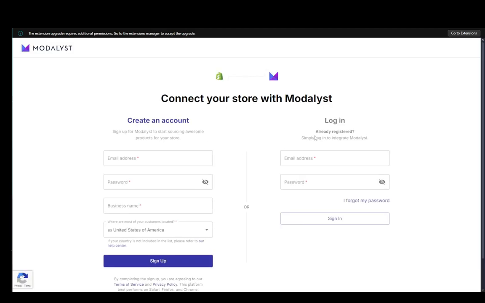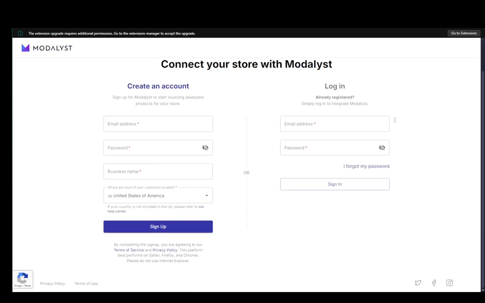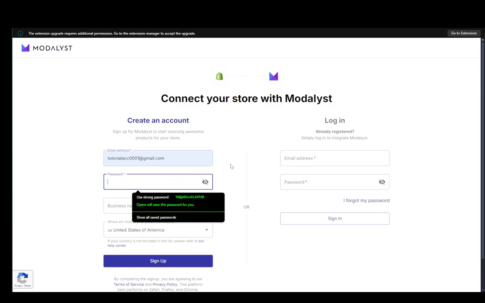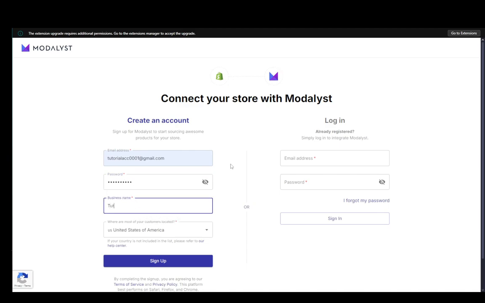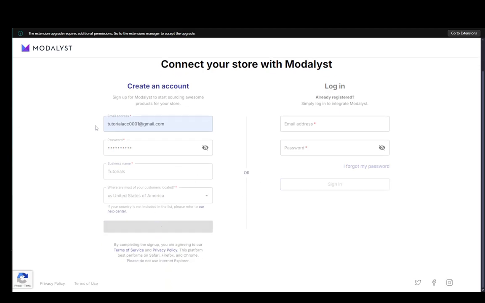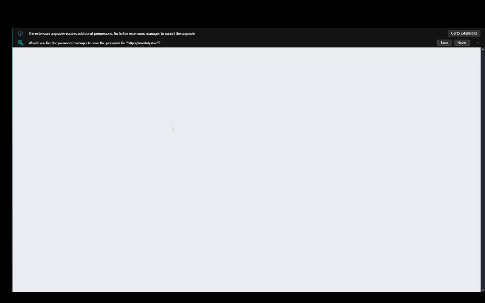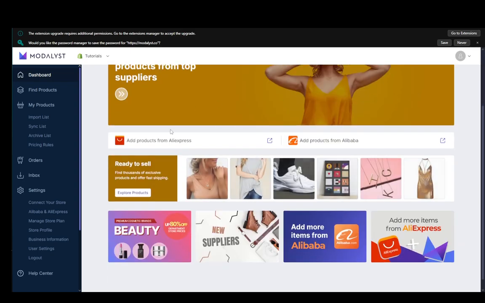Once we click install, as you can see, you can create an account over here or you can log in. So I'm just going to go ahead and sign up with this account. I'm just going to click on this, enter a password, and I'm just going to do that. Click sign up, and now this should create our account. It's connecting the store, and now that the store is created, as you can see, it takes us directly to